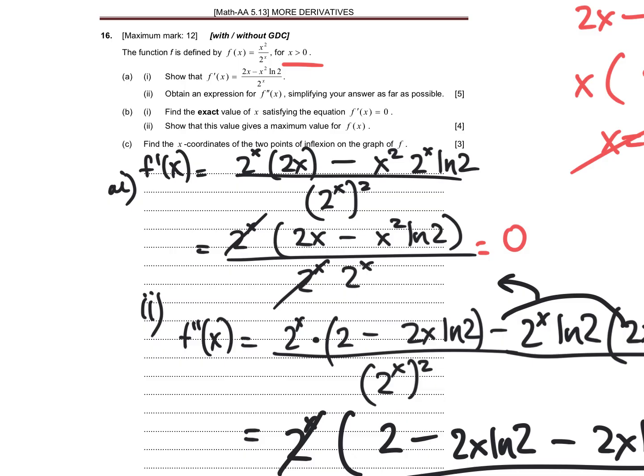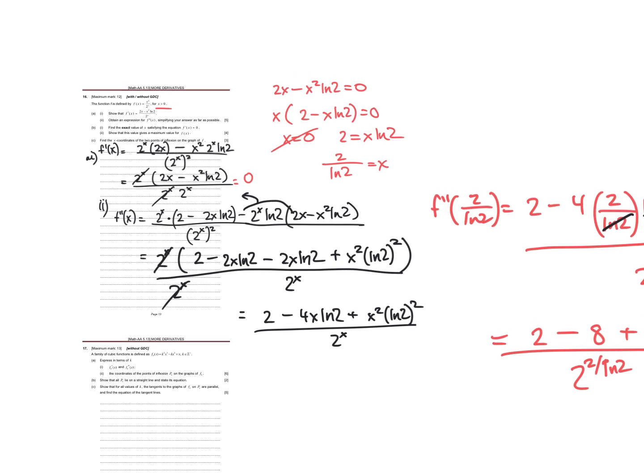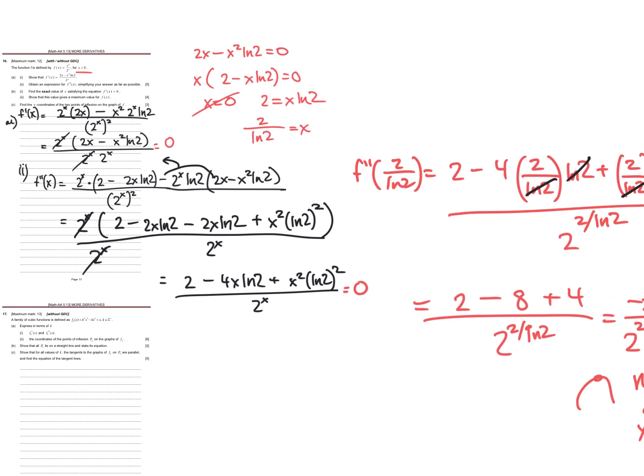Right, part c, find the x-coordinates of the 2 points of inflection. So we would set the second derivative down here equals 0, multiply by 2 to the x. So we have 2 minus 4x natural log 2 plus x squared natural log 2 squared equals 0. So this we can solve for x because it's quadratic, where a is this, b is this,